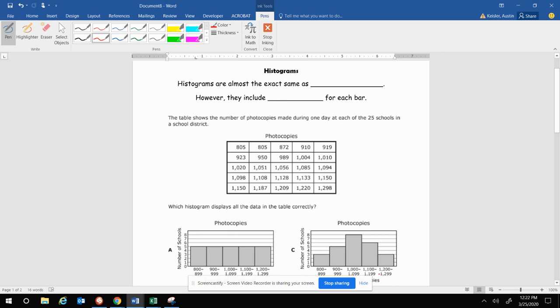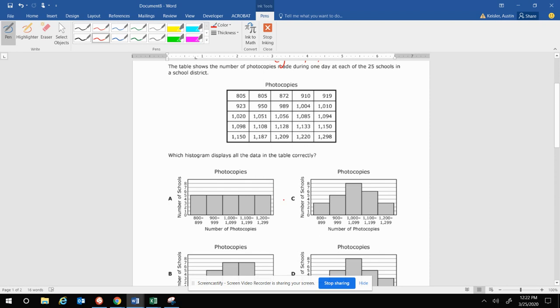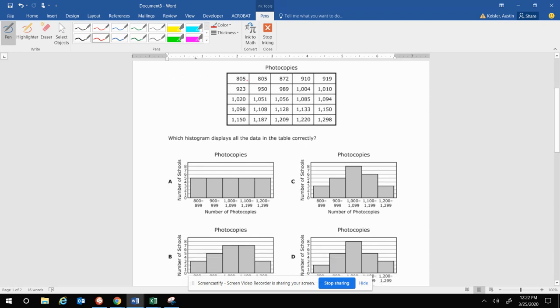Okay, we're going to look at histograms. Histograms are basically the exact same thing as bar graphs. The only difference is that they include groups, or what are called intervals, for each bar. So each bar is going to represent a group of numbers. So below, we're trying to figure out which of these histograms down here matches this data. Well, we can look,